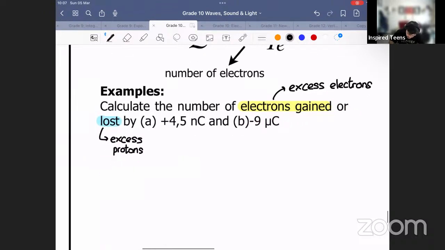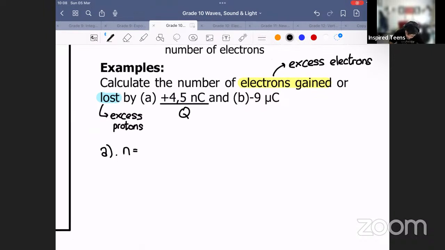So let's just say in A, we have a 4,5 nanocoulomb charge. So this is actually the charge. If I want to calculate the number of electrons, I'm going to say N is equal to Q over QE. I'm going to substitute this value as 4,5. It's nano, so I times it by 10 to the negative 9, divided by the charge of a single electron. Now, because it's a positive